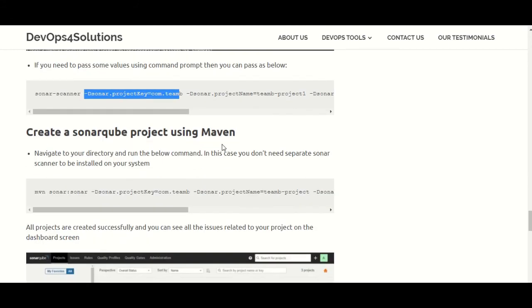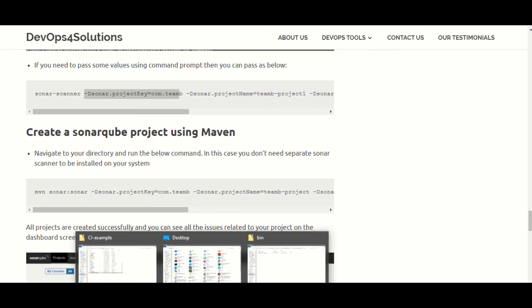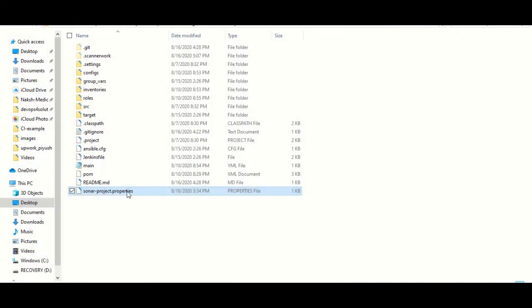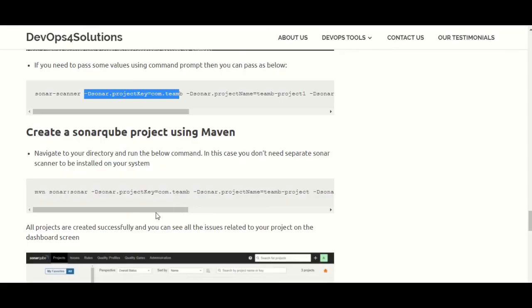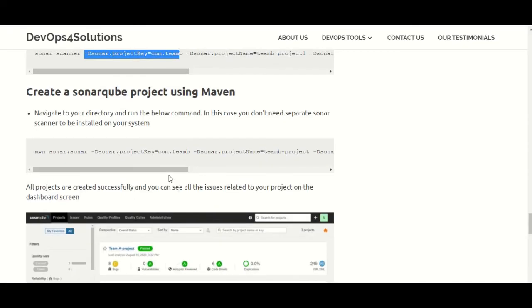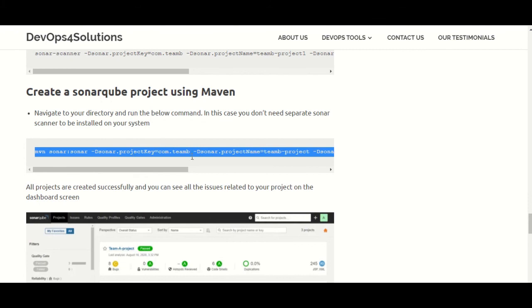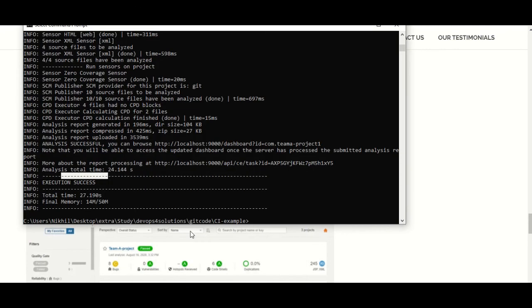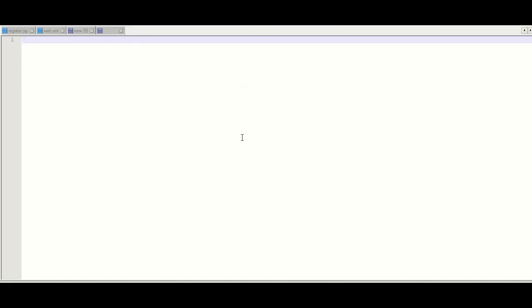Now for Maven projects. This is my Maven project also. The previous approach is one way of directly using the Sonar scanner for analysis. But for a Maven project, you don't need to install the Sonar scanner separately on your system. You can directly use commands like mvn sonar and just run it. This will also work, so let me run this command here. Let me copy it.